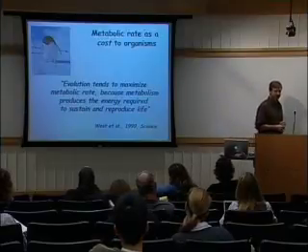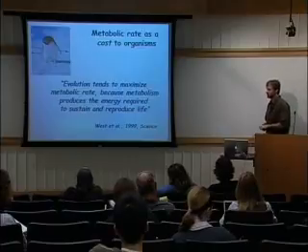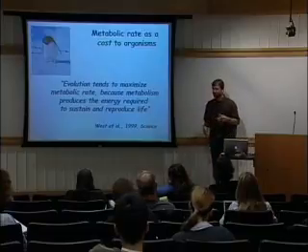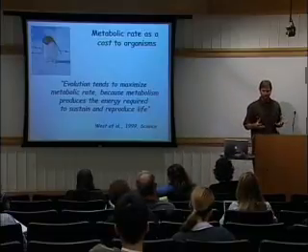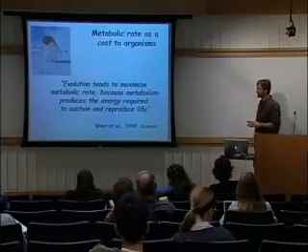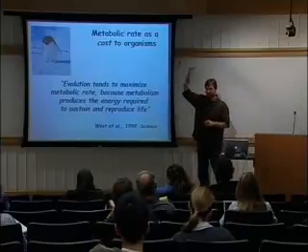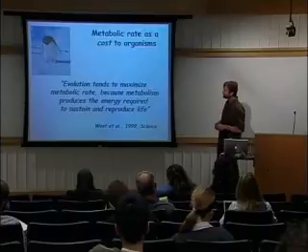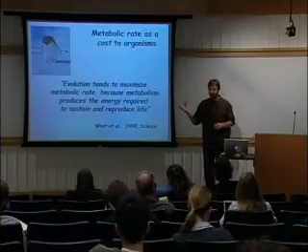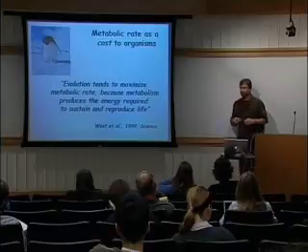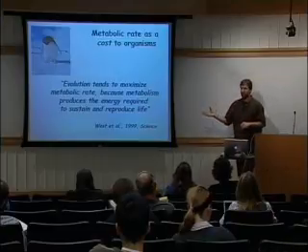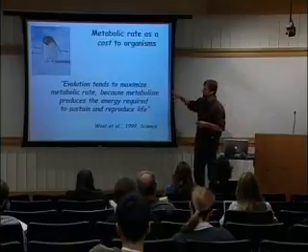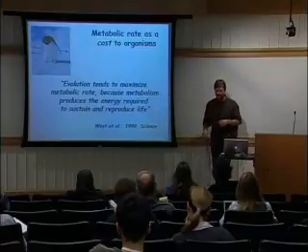Another thing to keep in mind about metabolic rate is that it represents a cost to organisms. You'll sometimes see, such as in this quotation, a simplistic idea of metabolism as a benefit to an organism: if you have a higher metabolic rate, that's necessarily a good thing. But because metabolic rate is the sum of the costs of all the processes, of all the work the organism is performing, a high metabolic rate means higher cost. It's not an advantage. You may require a higher metabolic rate to perform the work that you need to do for predator-prey interactions in your particular environment, for example, but it's not an increase in fitness to maximize metabolic rate.